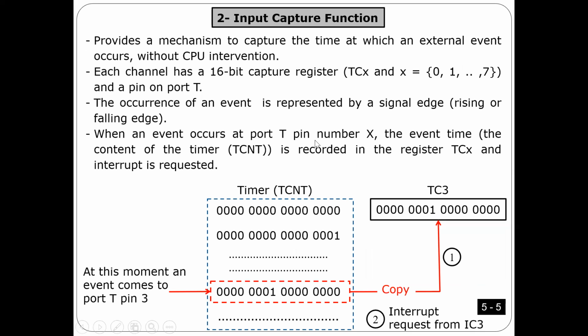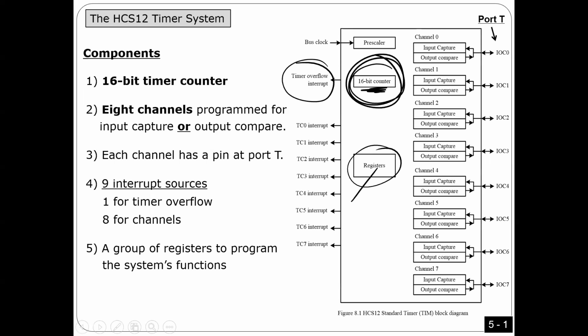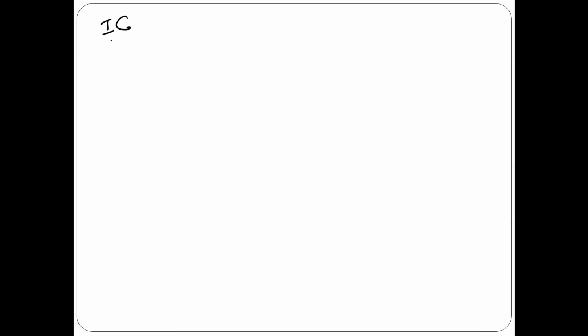Now, I said this last time, but I'm going to repeat it quickly. This timer is used in case of input capture, or usually I'm going to use the timer to do input capture or output compare. Without the timer system, can I do input capture and output compare using the CPU? The answer is yes, you can. However, it's going to take too much time from the CPU. The beauty here is that it takes very little time from the CPU because all the work is done by the system.